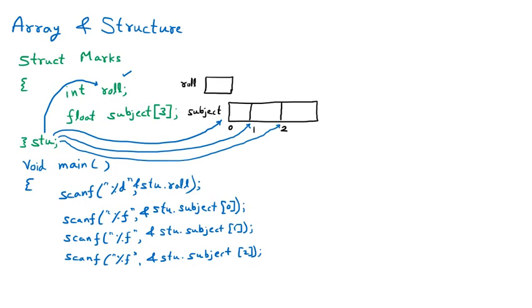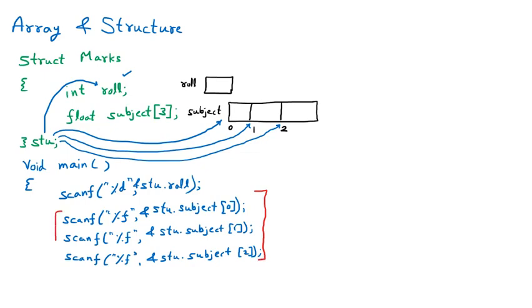That is one method, but this is not a very good method because, for example, if the subject has 10 elements, then 10 times I will have to write the scanf. No. The for loop is available. So I am modifying this portion and writing the for loop. So this particular part, we can remove it.